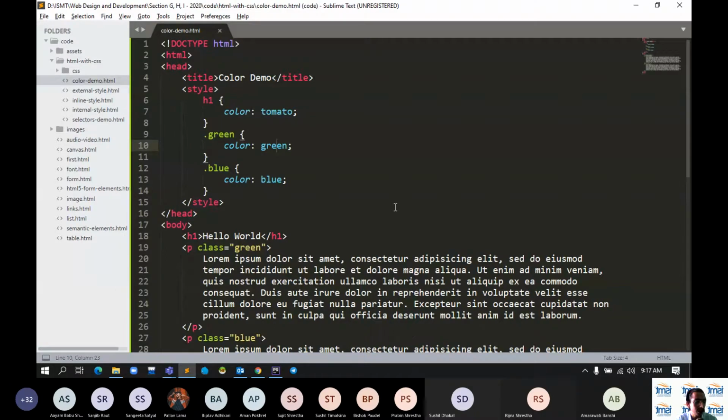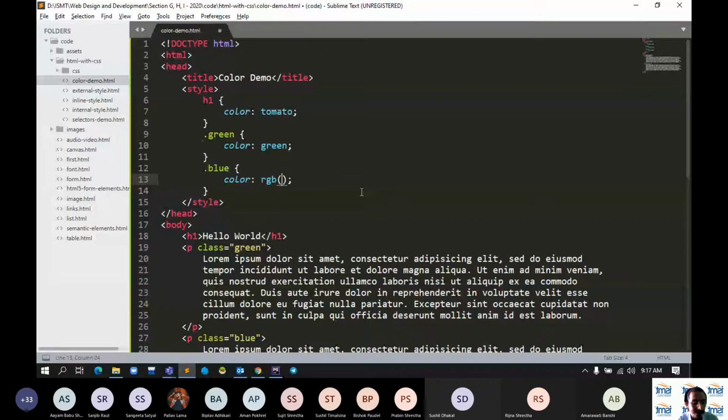For example tomato, green, blue भनेर दियौं. Another one is the RGB value. RGB भनेको चाहिँ you give the value for the red, green and blue. For example, मैले यो blue को चाहिँ कलर दिने बेलामा if I give this in RGB, यो दिने टेक्निक हेर है, RGB हुन्छ, then inside the bracket you give the value for red, value for green, value